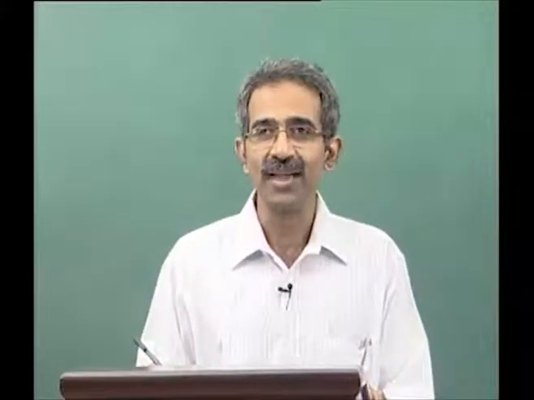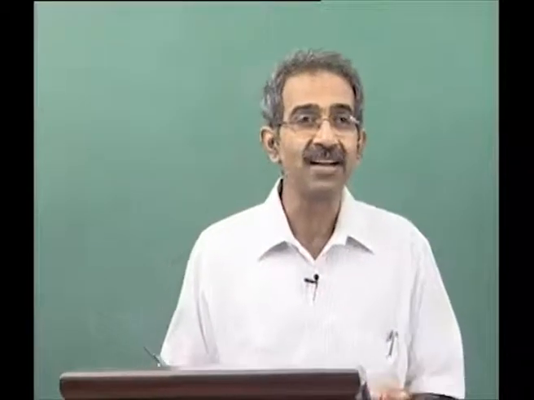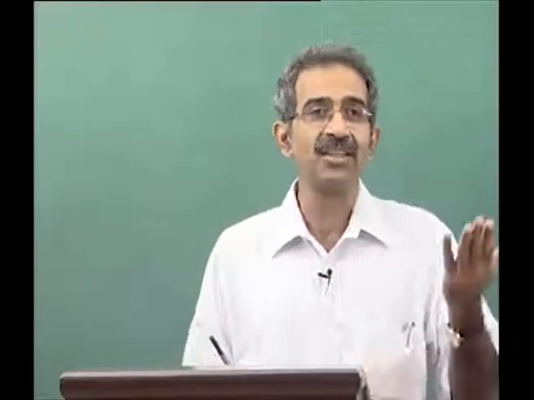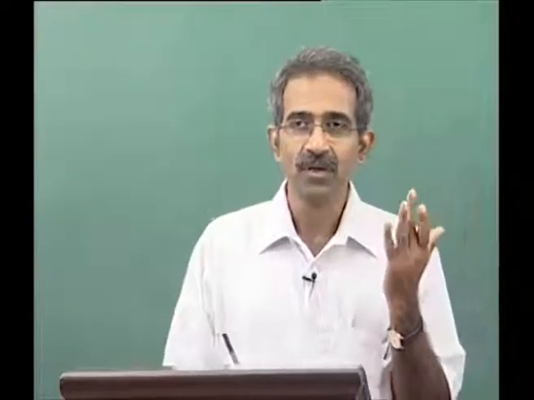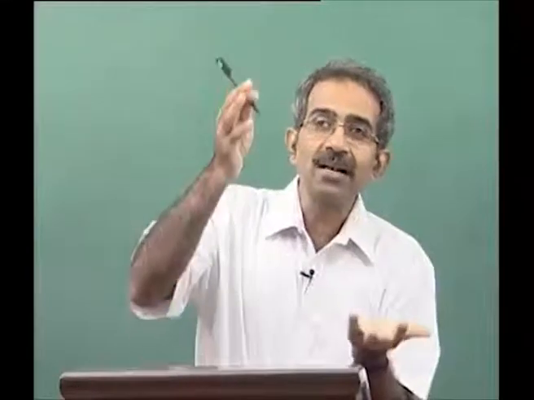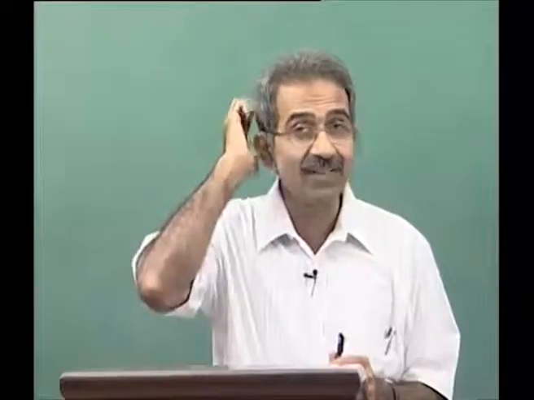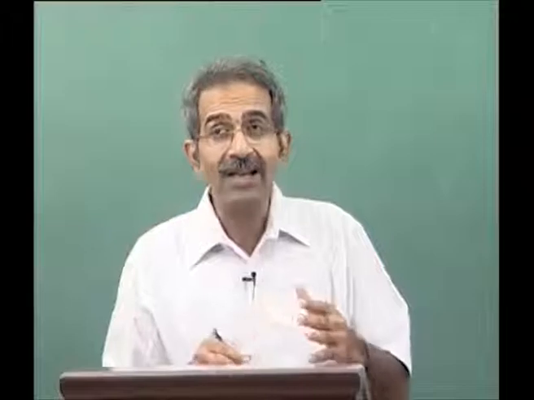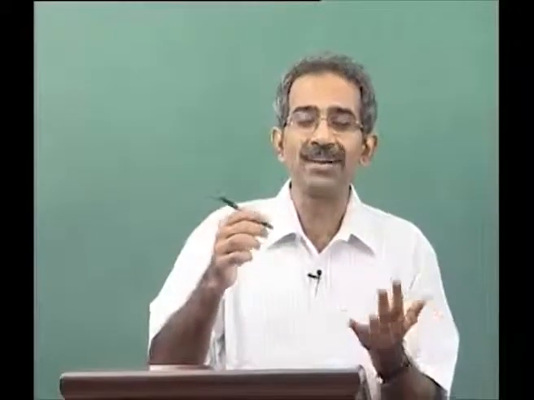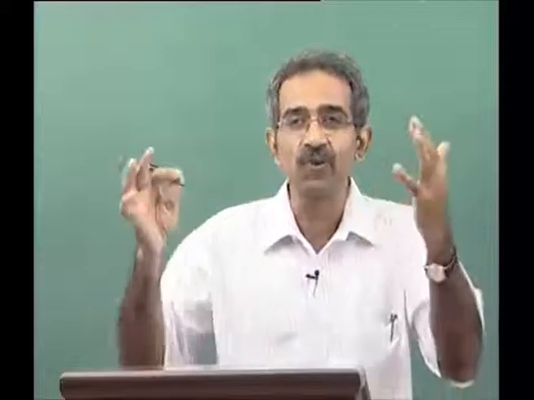This is a very cute example, very nice example. Therefore, I invite all of you, all the students, to work this out and convince yourself. It is a very simple example, and that will actually illustrate the limitations to the analogy between the electric field and the magnetic field. It is certainly true, as we will see in a short while, that electric and magnetic fields are sources for each other. And those of you who will pursue higher studies in physics and study relativity will also realize that electric and magnetic field components are two different facets of the same force called the electromagnetic force.